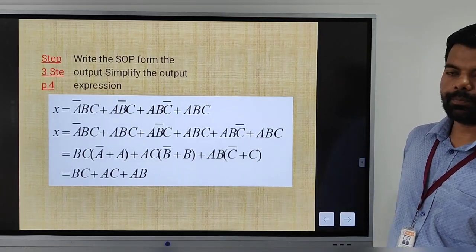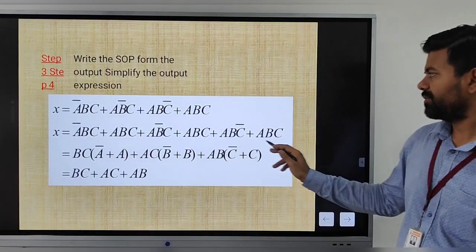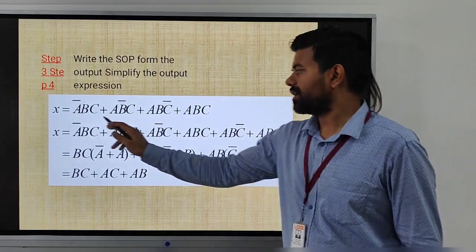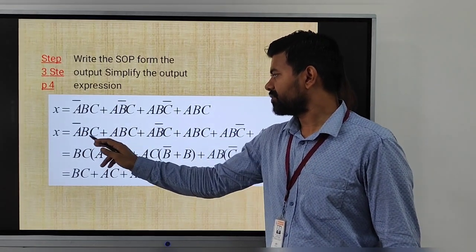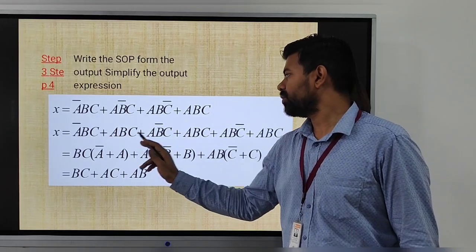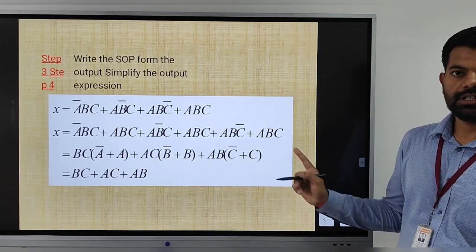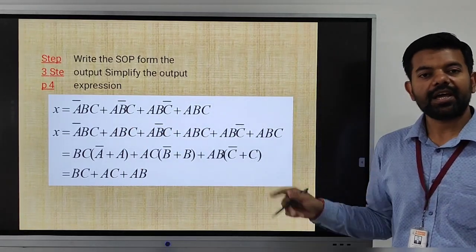See, in this basic example, we have so many AND terms, 1, 2, 3, 4, 5, 6 and 7, all together, meaning SOP form.